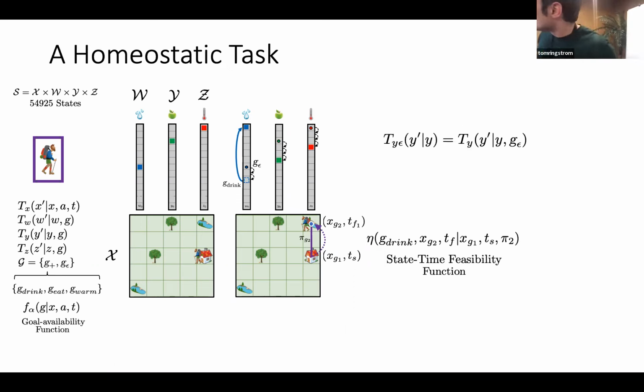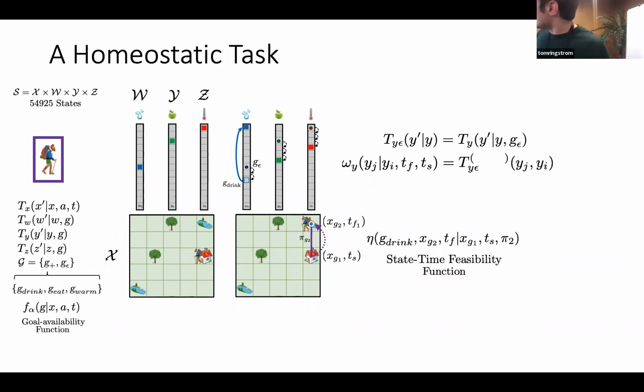So if you think about this, you just have null actions when you're moving from here to here. This is really just a Markov chain, right? It's the null Markov chain of all of your internal states. So if you have G epsilon for each one, we'll just call this the null Markov chain.